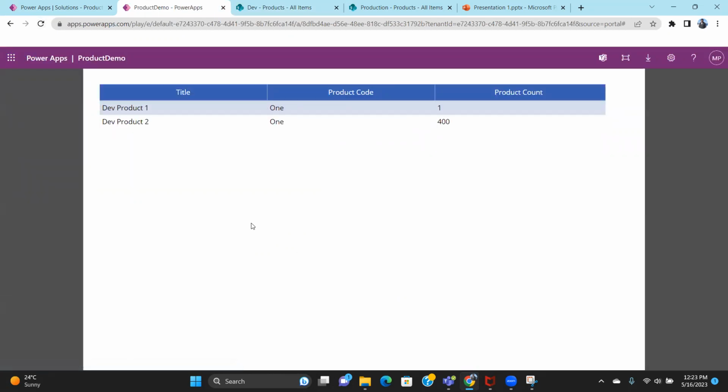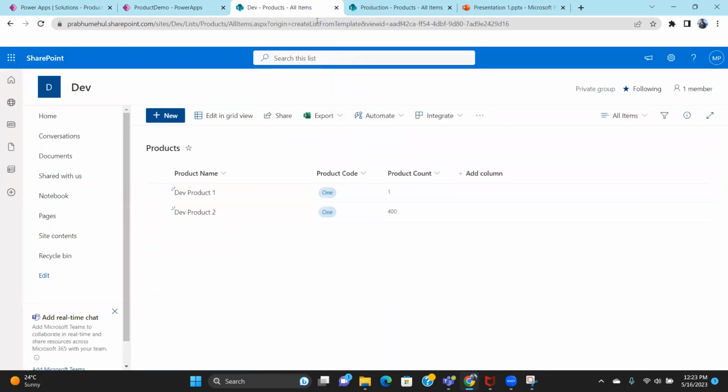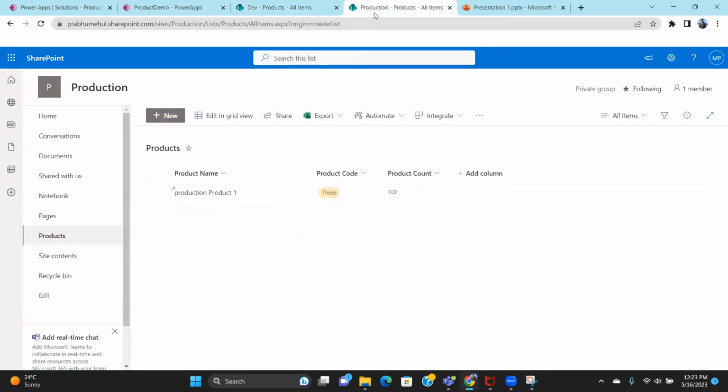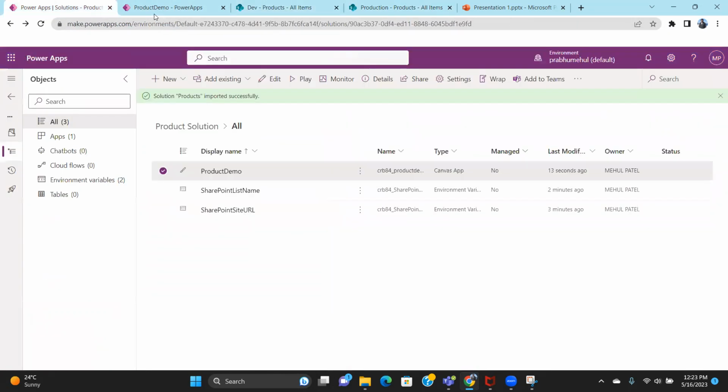Now this is the developer environment. This SharePoint site is developer, while we have one production SharePoint site. So how can we switch it? It's a very standard way. We have this solution which has a Power App application and two variables. We can easily change the value here, but because of a caching issue, we can't see the effect straight away. So what I will do is